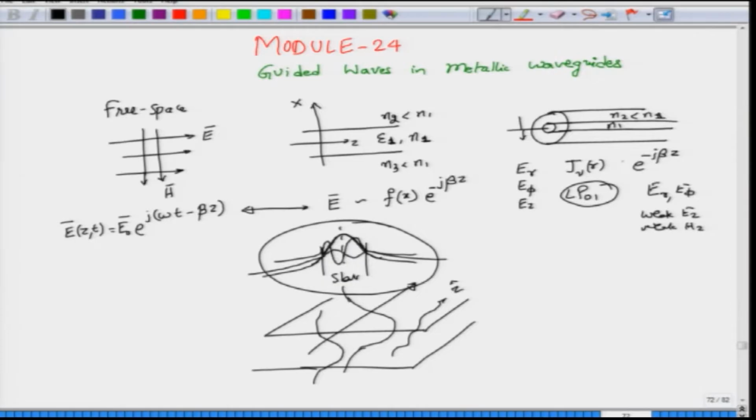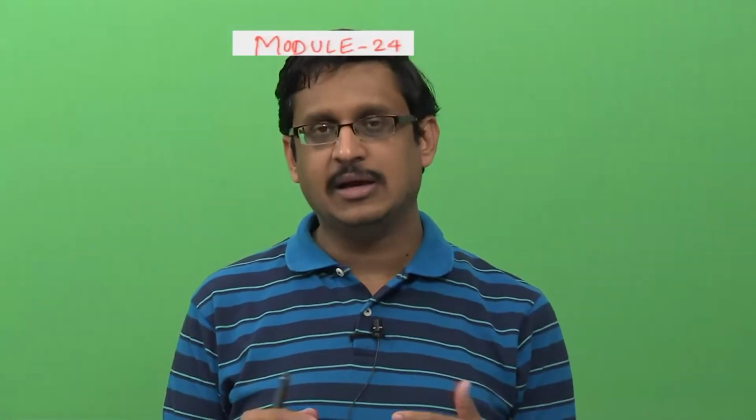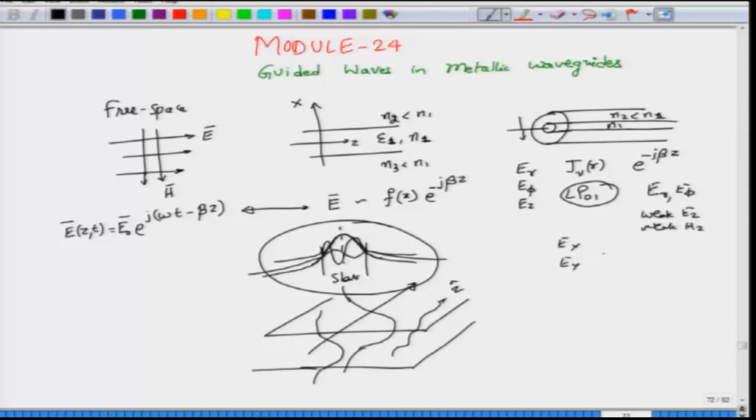So, in general the solutions of an optical fiber will have all 6 non-zero components E r, E phi, H r, H phi, E z and H z, but in the weakly guided approximation you can say that E z and H z are very weak compared to the transverse components E r, E phi, H r and H phi. And because the r and phi plane can be equally talked about in terms of x and y, can be converted into the x and y plane, we normally talk about Ex and Ey and Ez. Ez is in terms of magnitude very small compared to Ex and Ey, okay.